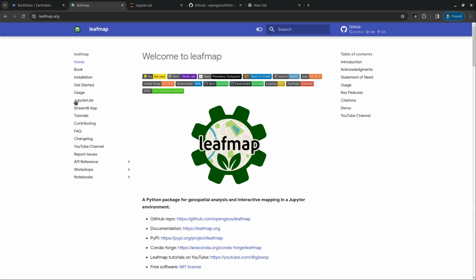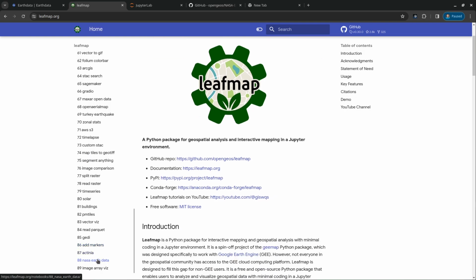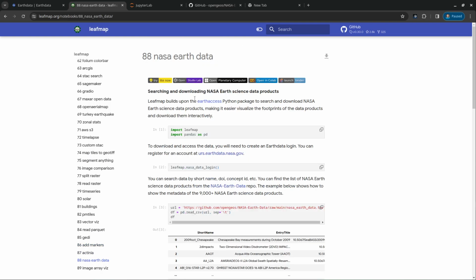Next, let's head over to the Leafmap package, leafmap.org. If you click the notebooks, scroll down to find number 88. Here, you're welcome to download this notebook to your computer, or you can just open it using Google Colab or other cloud computing environments here, AWS SageMaker Studio Lab, or